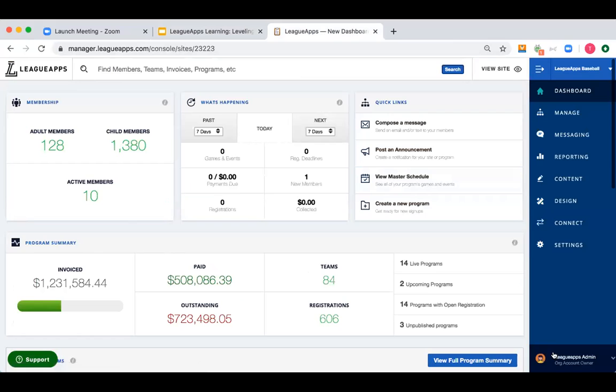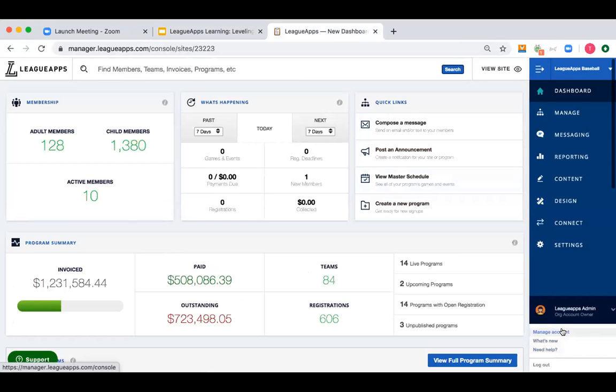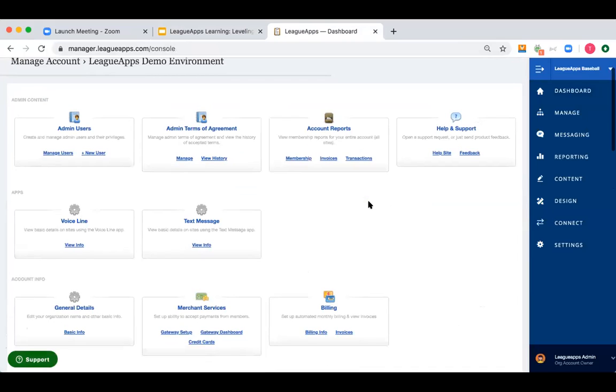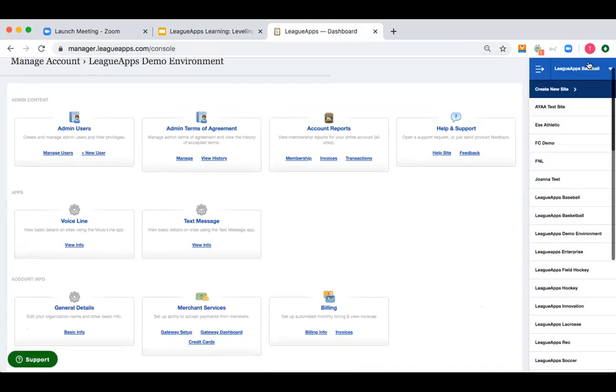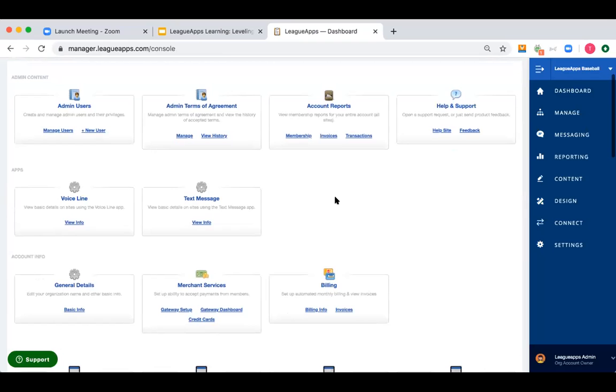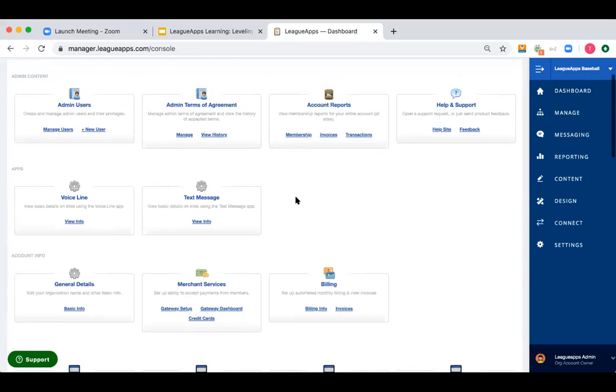If I go down here and click on my name and then manage account, it's going to take me to some areas that control the entire account. So I might have subsites, like I do here, for portions of my business. If I click the top right, it's going to show a bunch of those. Note that only certain admins might have access to this. So if you don't see this, don't be worried. It might just be that your admin level is a little bit lower than what's needed. I'm going to walk you through the cross-site reports first here.